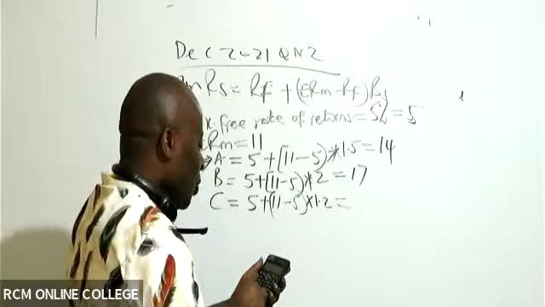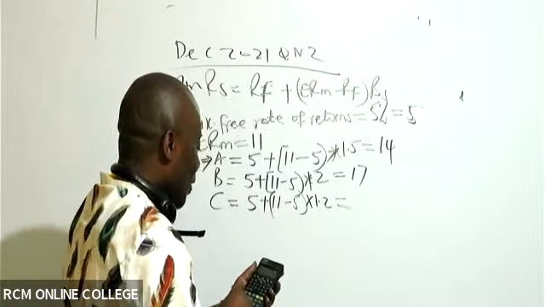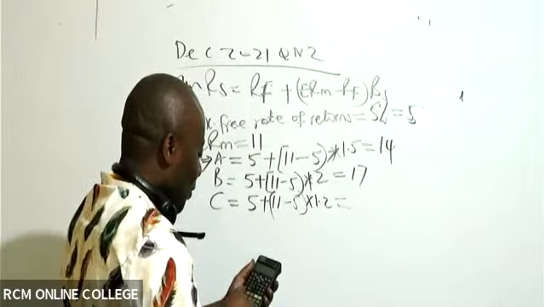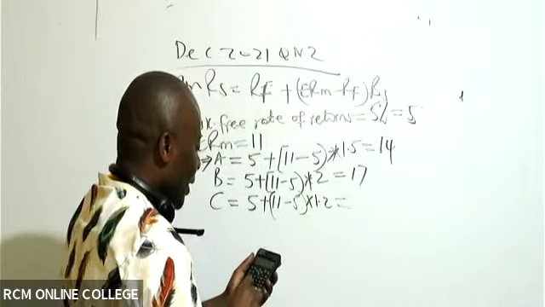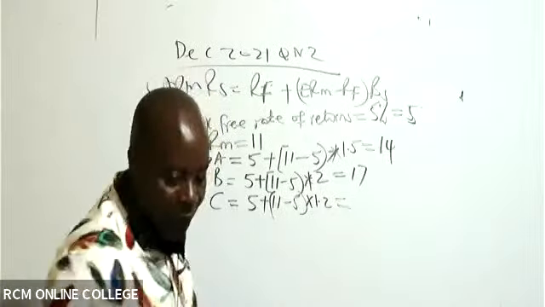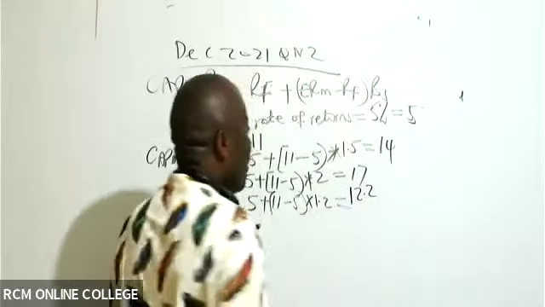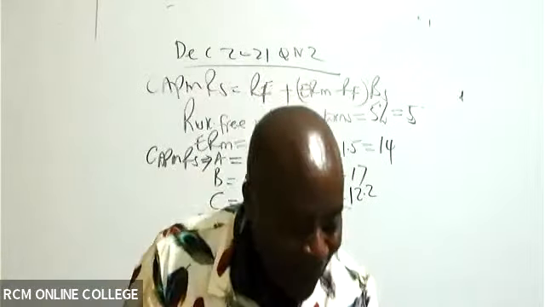Please, all of us, let's use... I know students here don't know how to use their calculator. Some of the reasons which make these guys fail is that they don't practice. When mwalimu is teaching, they don't practice. He just takes his figures, takes our figures, that is 12.2, copies them and then says, I have understood AFM. You haven't understood by using your calculator.